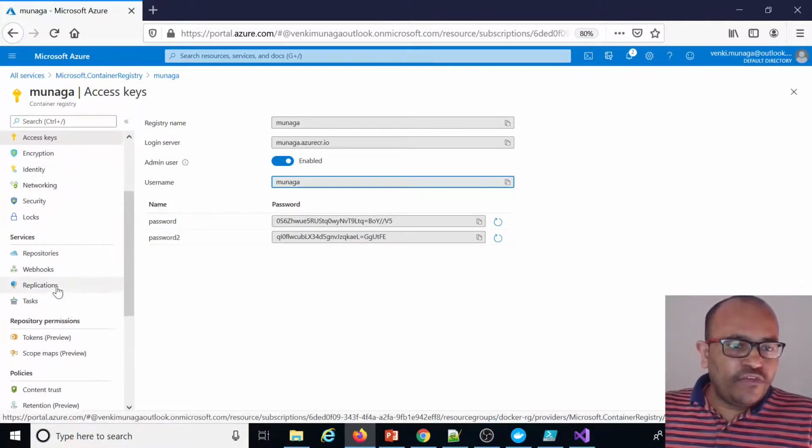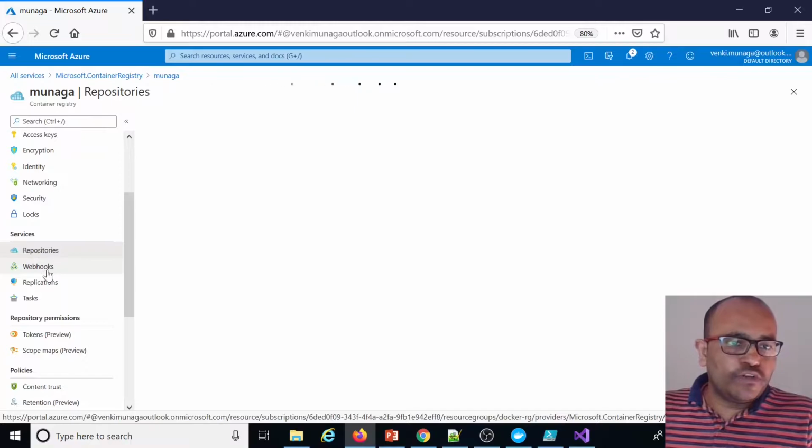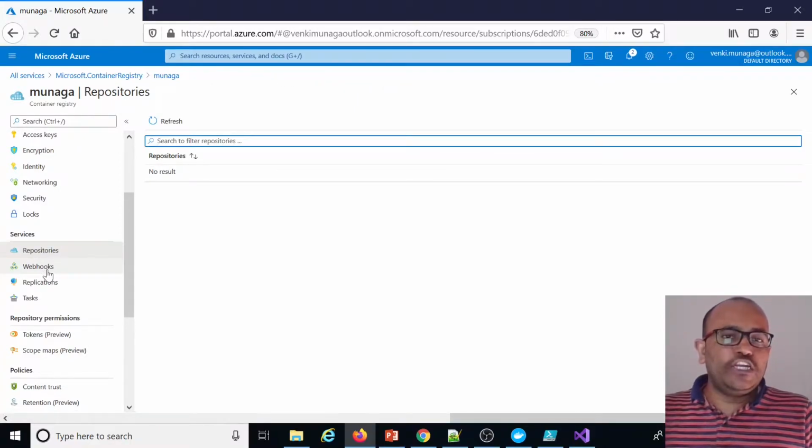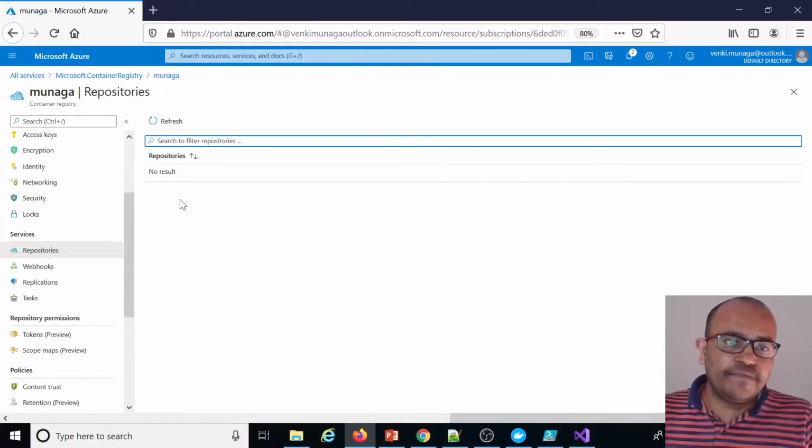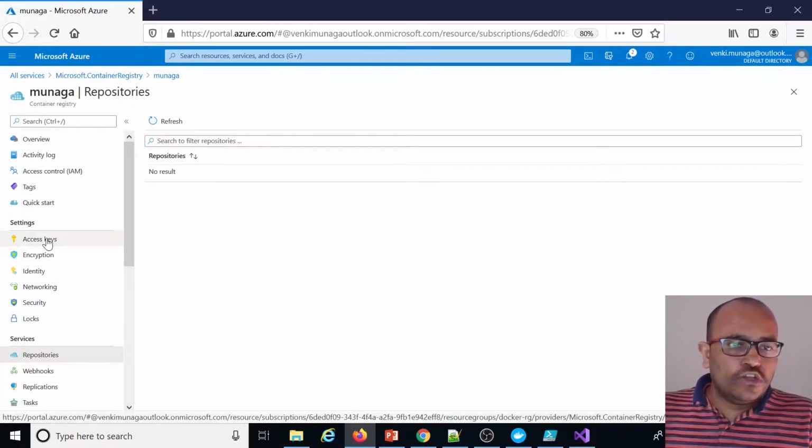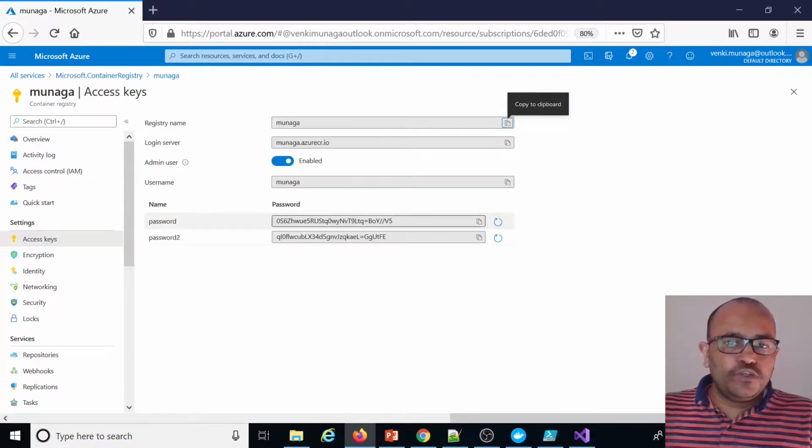And there is another one here. If you go to the repositories, and you try to push any Docker image, you can come and see here. Currently it doesn't have anything because we just created it. So now what we are going to do is